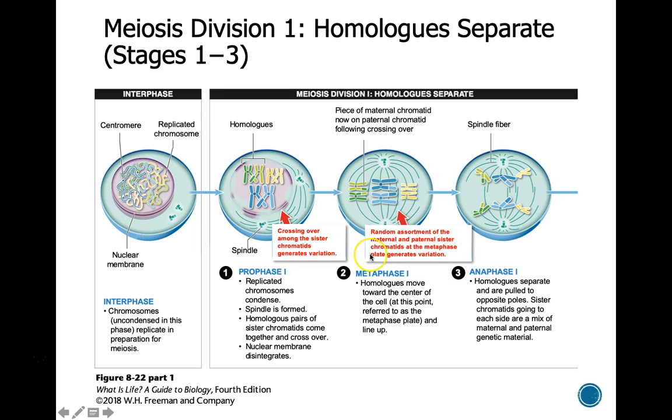Now, I want you to notice something else. This is a third source of genetic variation. This is called random assortment. This is where your chromosomes that originally came from your grandparents, so in your mom and dad cells, line up in different combinations along that metaphase plate. So here, let's say the dark chromosomes came from mom originally and the light ones came from dad. So this cell now has a combo that's going to end up being mom, dad, mom, dad, mom, dad. So there's another source of new genetic information.